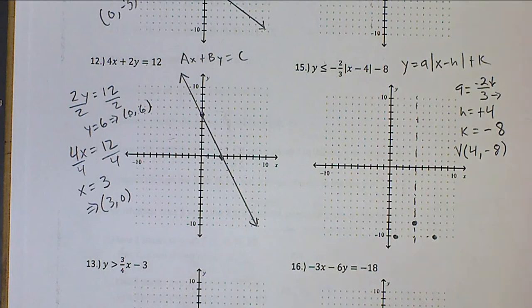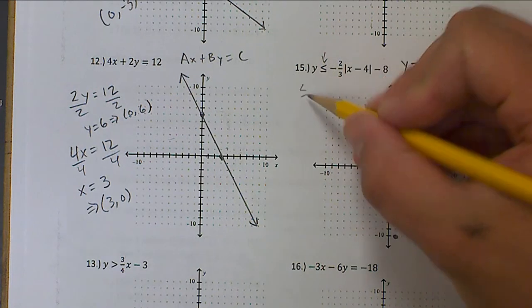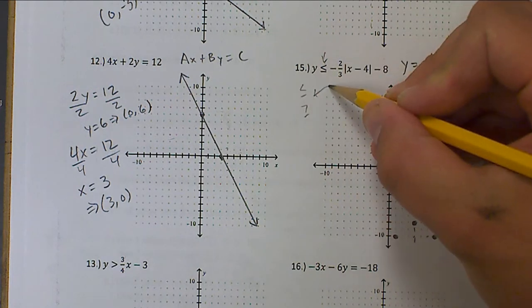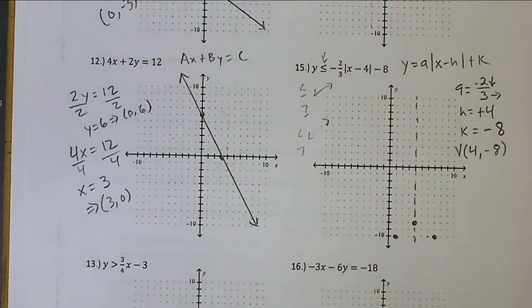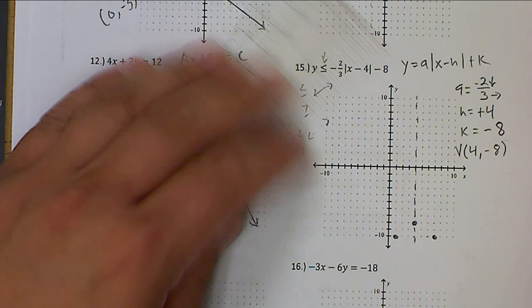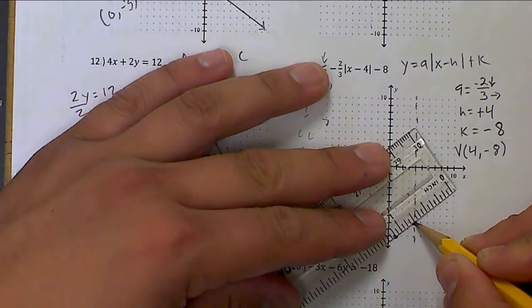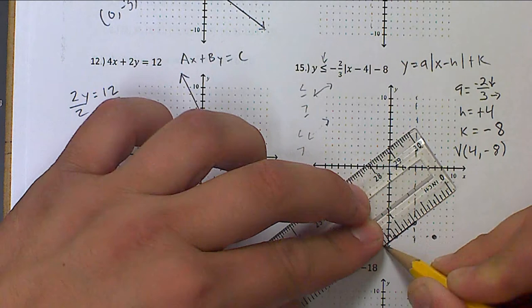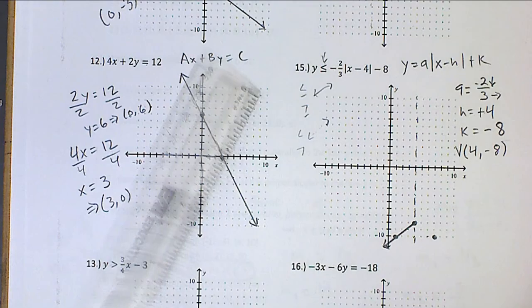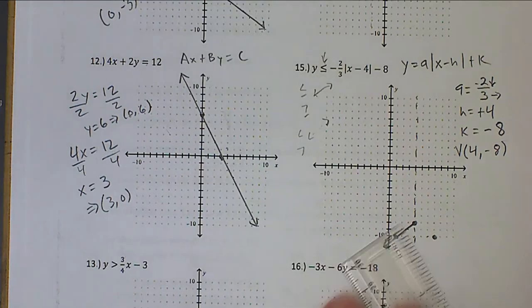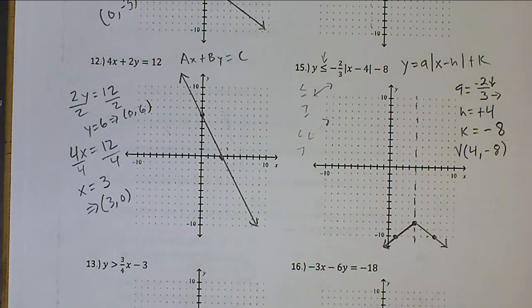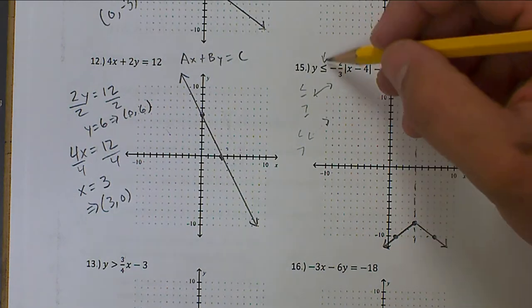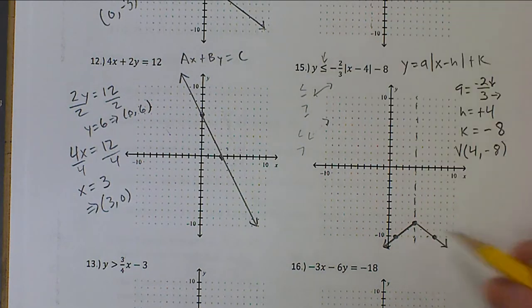And before I draw my lines, I look at the symbol. If it's a less than or equal to or greater than or equal to, we use a solid line. If it's less than or greater than, we use a dashed or dotted line. Okay, go ahead and draw this line. We're going to use a solid line because it's less than or equal to. Little arrows. And then by looking at the sign, less than or equal to means everything below the line, or